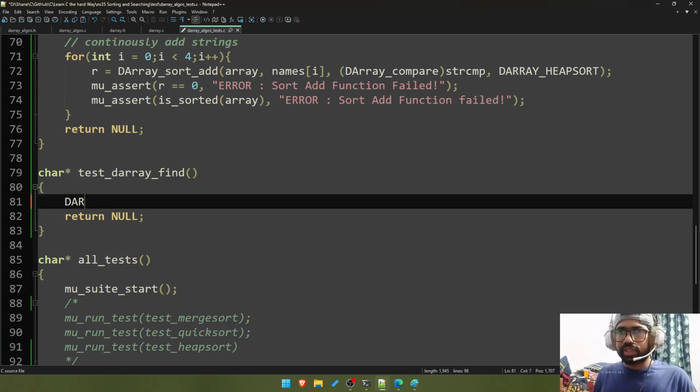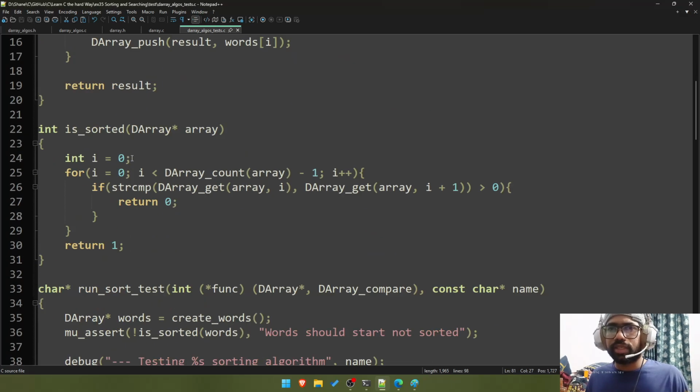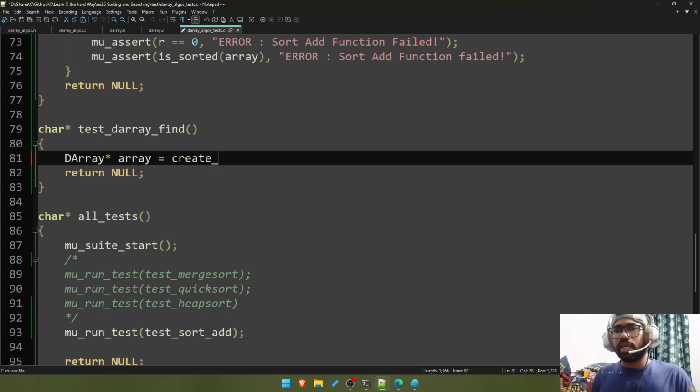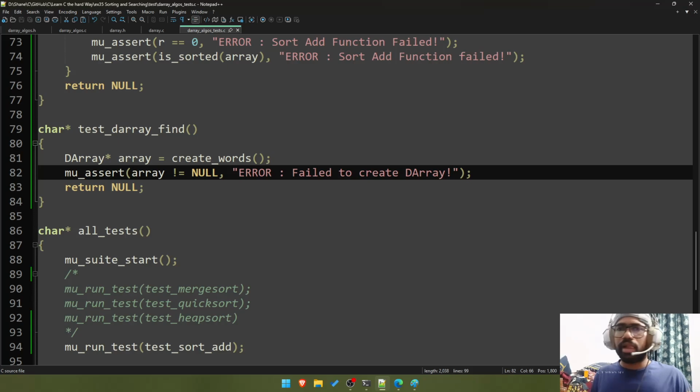We have the array. array equals create. I think there was a create underscore words. The array should not be equal to null. So error, fail to create the array. Alright,